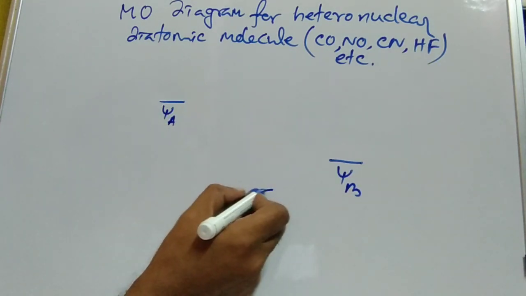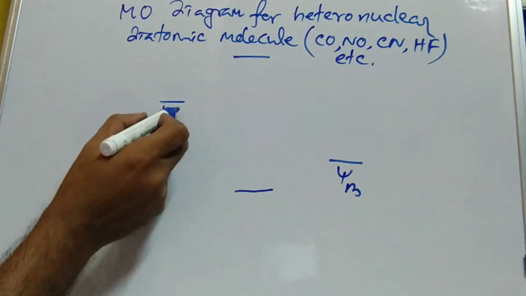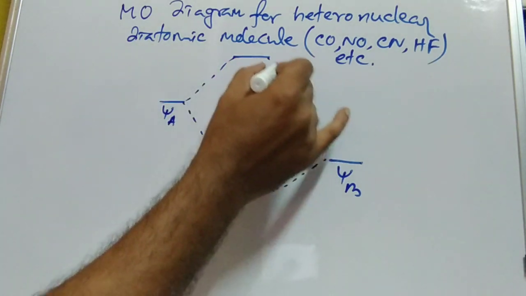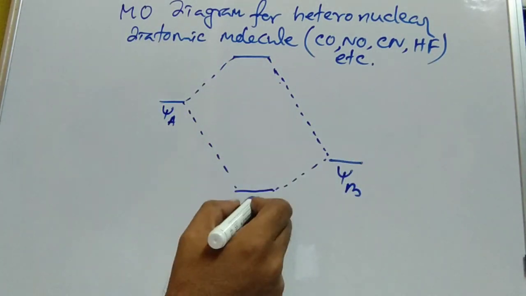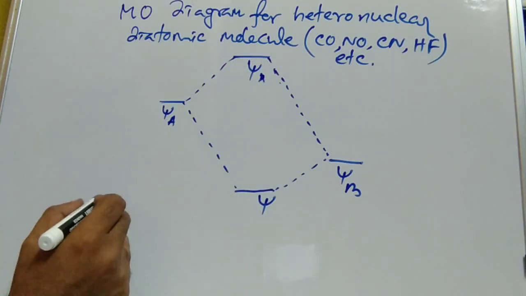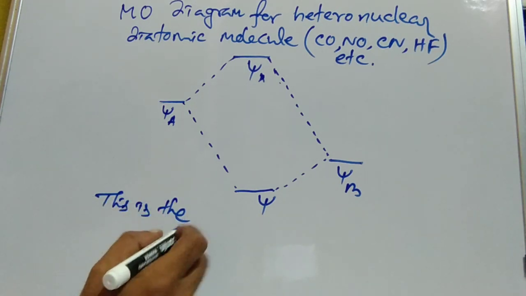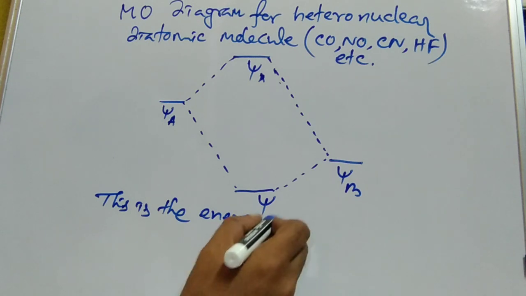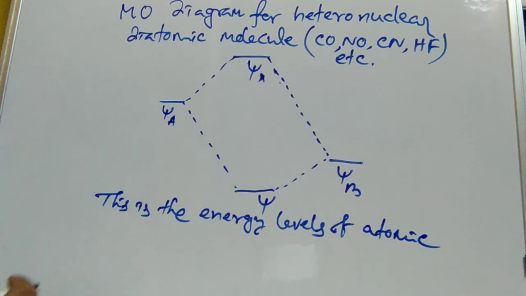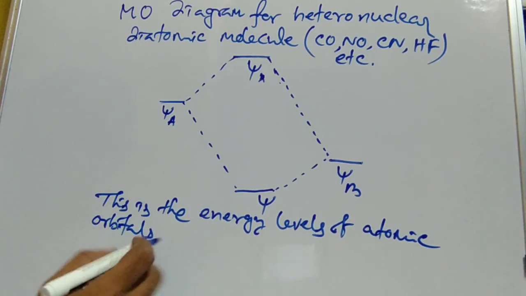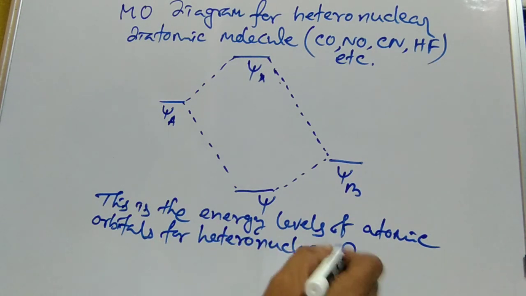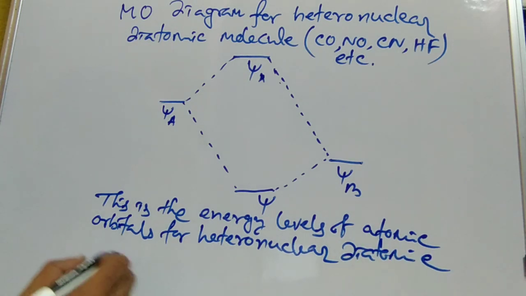Since the two atoms are different, the energies of their atomic orbitals are slightly different. The problem is that in many cases, the order of MO energy levels is not known with certainty. Thus, we will consider first some examples where the two different atoms are close to each other in the periodic table, and consequently it is reasonable to assume that the order of energies for the molecular orbitals are the same